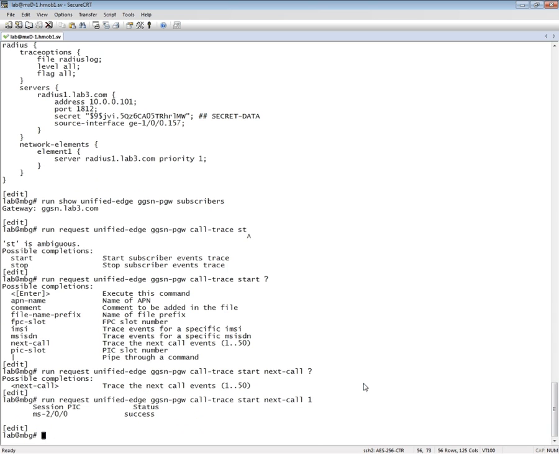In my case, I'm just going to trace the next call, just one. Okay, so now I see here that it's successful, and I'm now tracing on the particular session pick for this gateway. And so the tracing is going on now. It's waiting for a call. So I'm going to initiate a call. I'll go ahead and do that over here. And if I go back over here,